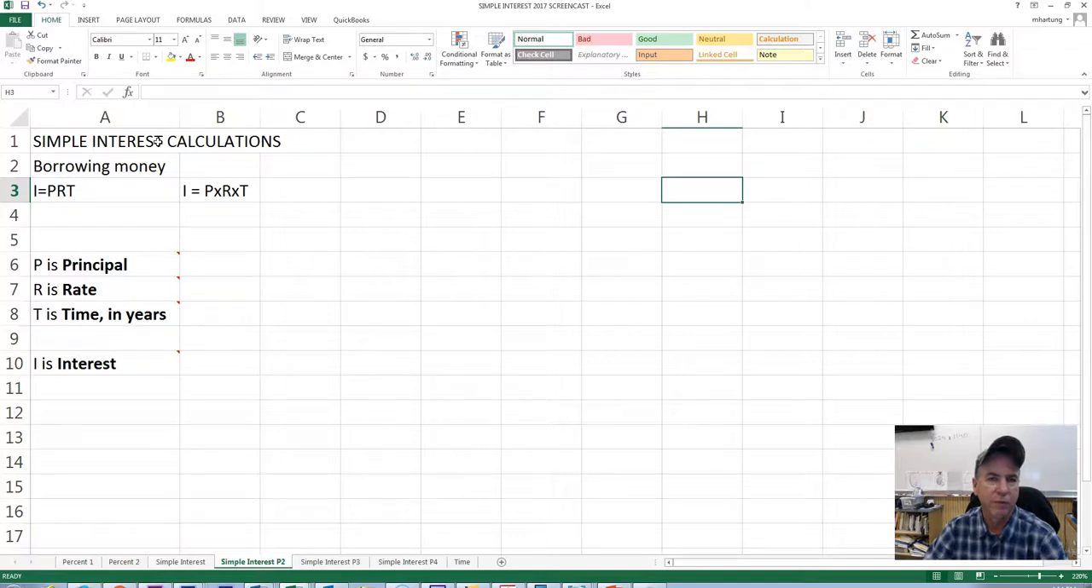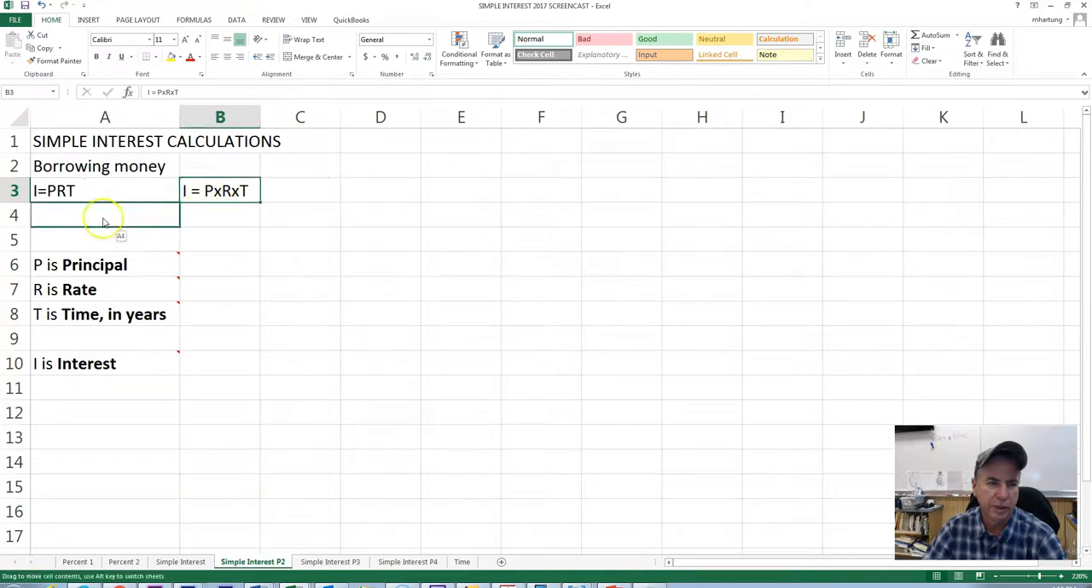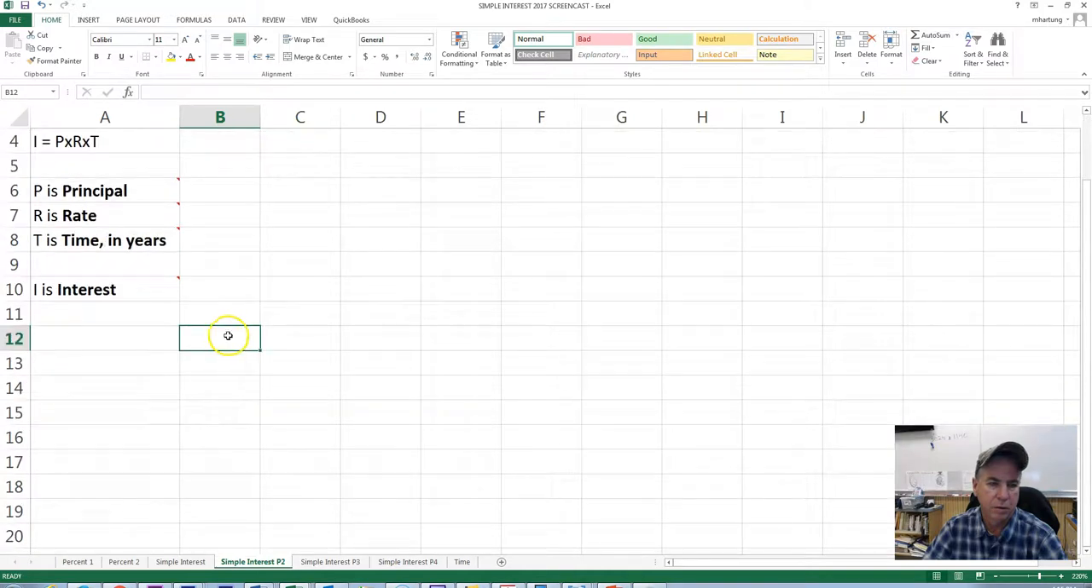So pause the video if you need to, get that taken care of so you can come back with a worksheet that looks like this. I'm going to start off by just moving this down here to A4. And then starting in B12, we can start our problem. Let's go ahead and start with problem number 1